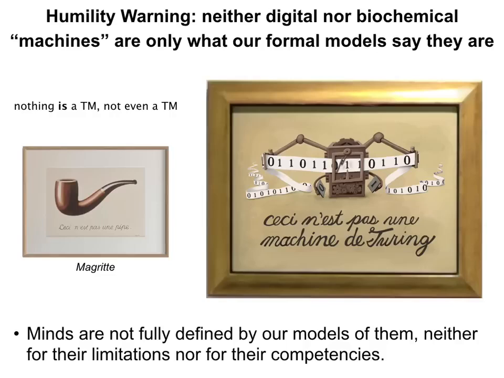that we build, for example, language models and such, are going to be interfaces for all kinds of surprising ingressions that are not just complexity, not just unpredictability, and certainly not just the thing we're asking them to do, meaning the algorithm, the language use and so on. I suspect that they're going to be pulling down all kinds of interesting patterns that we're just not smart enough to check for yet. And so my claim is that neither minds nor quote unquote machines are fully defined by our models of them, neither of their limitations nor of